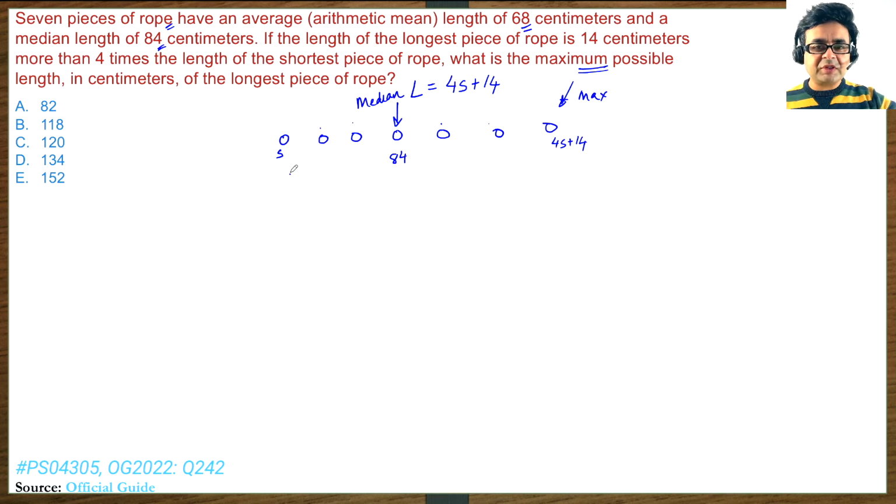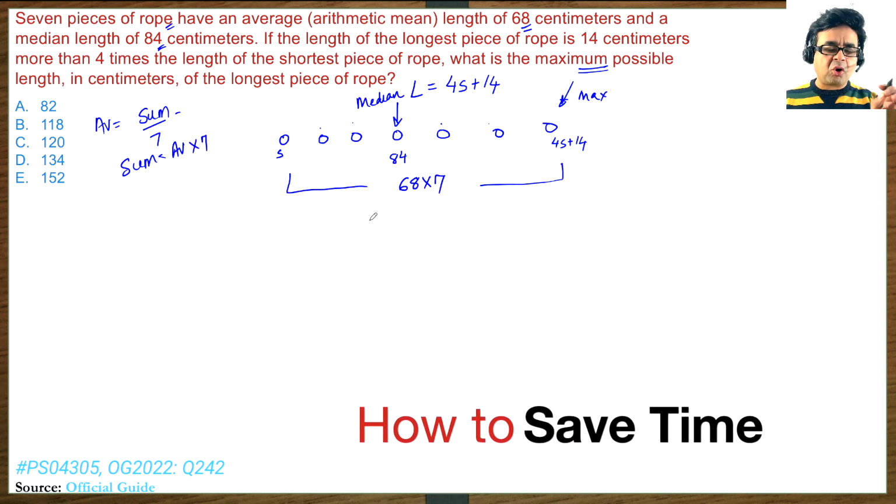However, we are also given that the average of all of these is 68, which means the sum would be 68 multiplied by 7. The average will be sum divided by 7 because there are 7. So the sum will be average multiplied by 7, which is 68 multiplied by 7. Now I'm going to take a pause here